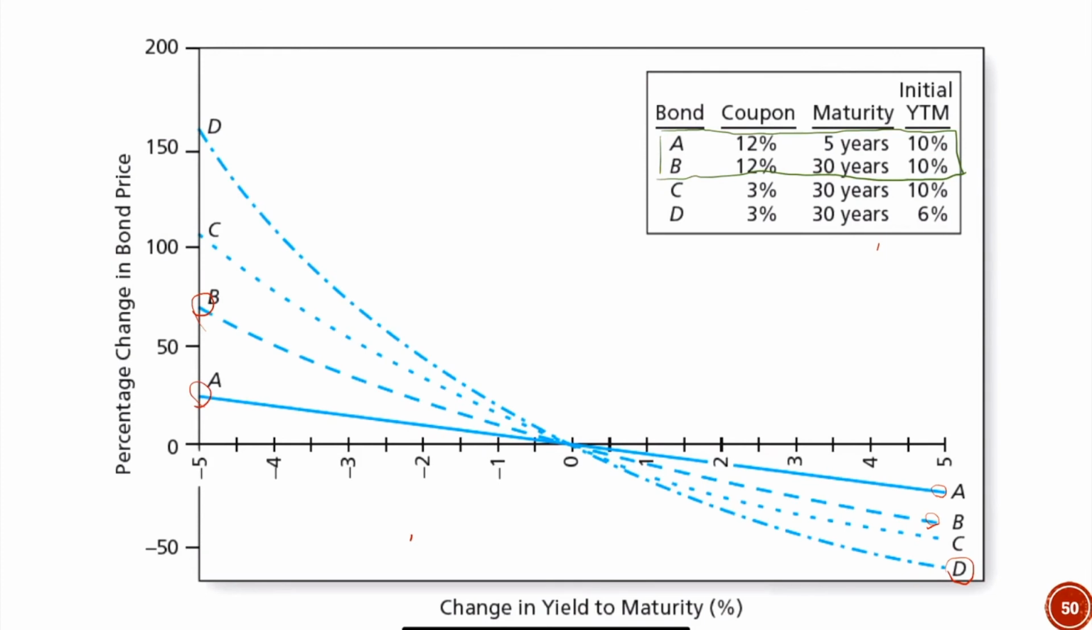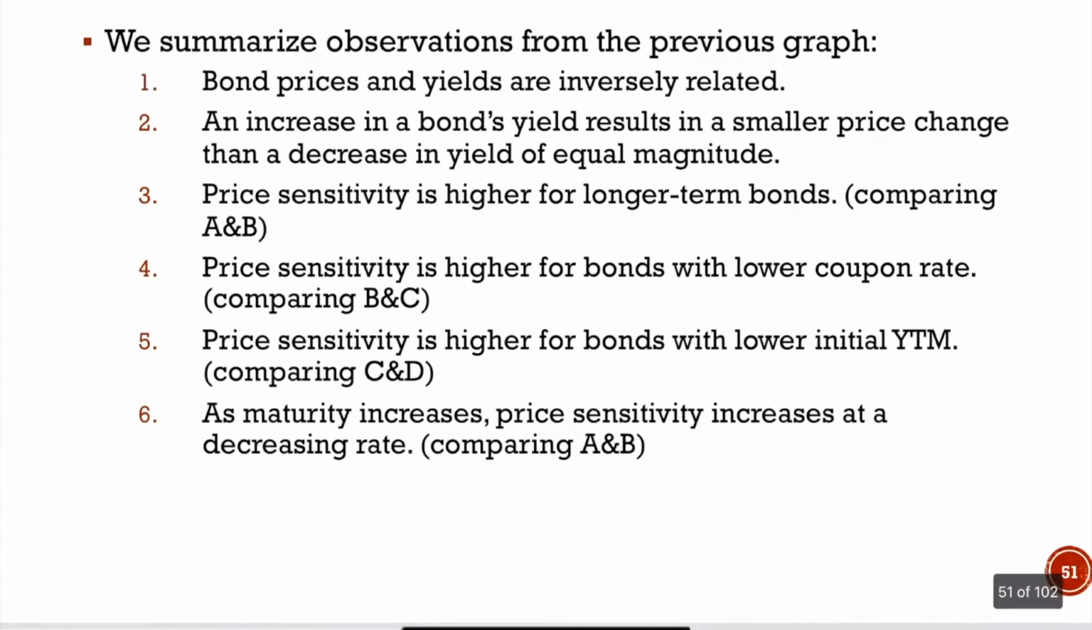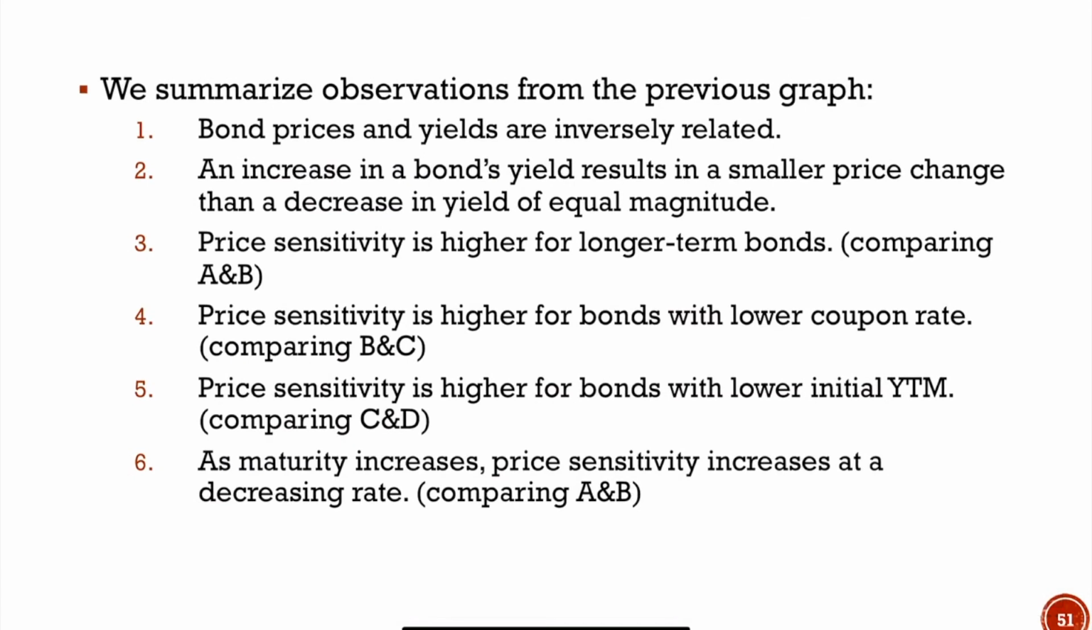This basically tells you that the bond with higher maturity is more sensitive to interest rate changes. And we have learned about this, right? We have learned in the last class that a bond with longer maturity has higher interest rate risk. So this is exactly the third observation. Now let's look at the fourth